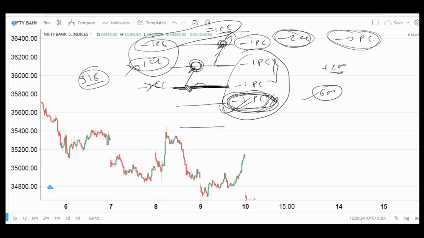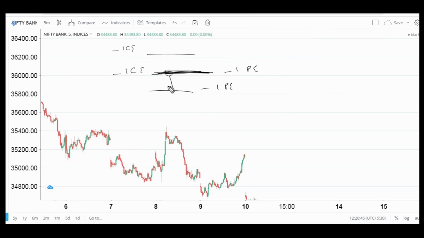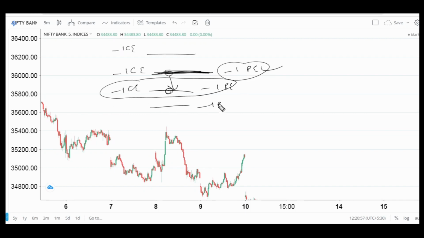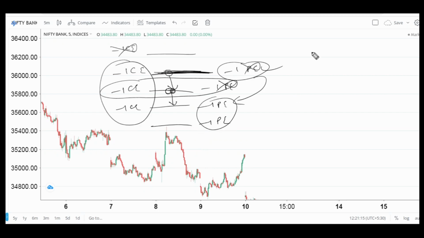So this we have seen only for the upside move. Let's see the downside move. Now suppose the market went down, so we'll exit this put, we'll enter this call. So now this has become the ATM straddle at that point of time. And we'll enter one more put here, so exit this, enter one out of the money put. Now the market has come down here, so we'll exit this call, exit this put, enter this call again, and one more put here. So here also 3 calls, 2 puts. So if the market is going down, we'll always have 3 call sells and 2 put sells.